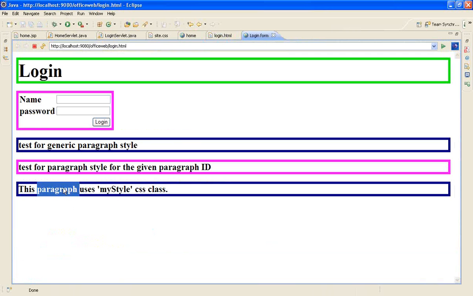See here, this paragraph uses my style CSS.